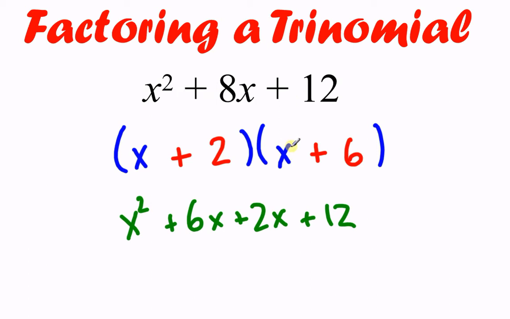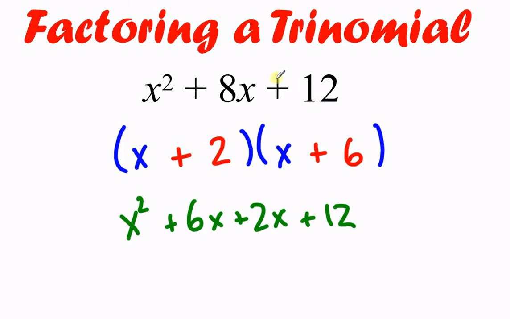So what you're looking for when you're trying to figure this part out is kind of doing the reverse FOIL method in your head. The idea is that these 2 numbers will generally add up to this value, while also multiplying to be 12. So that's kind of the shortcut way of doing it.